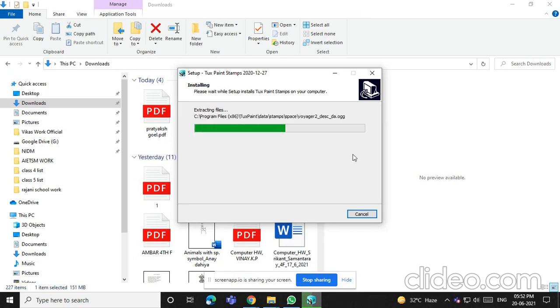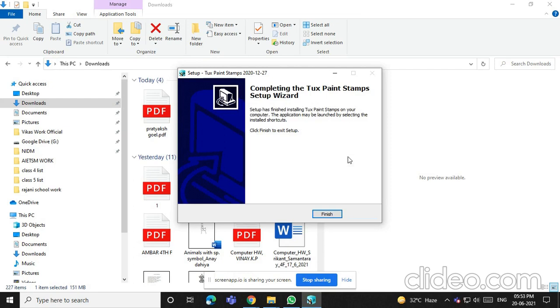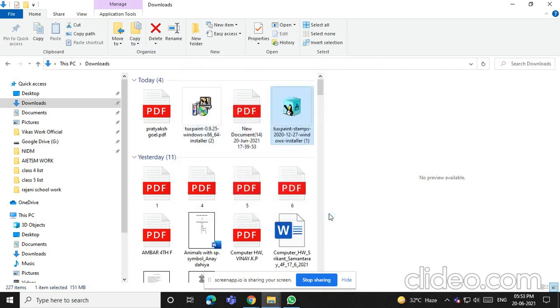It will take a little bit of time, not much. Downloading part was time taking, but after the setup has been downloaded, the installing will not take much time of yours. Now you have to just click on the finish button, and both the setups are there in downloads.